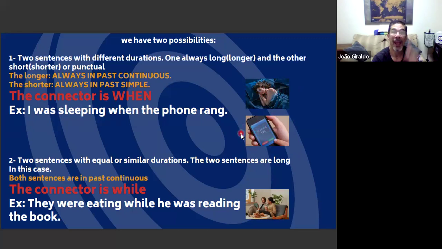the phone rang. And a curiosity here, guys, is it's possible to invert the order of your sentence. No difference. So in this sentence, you can simply say,